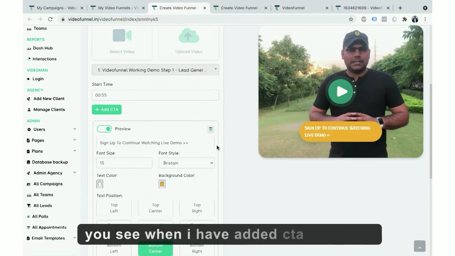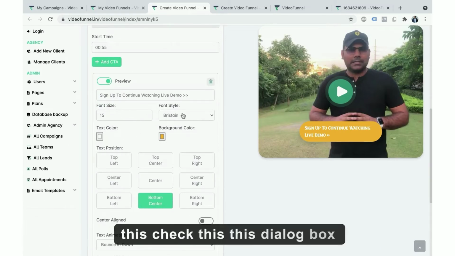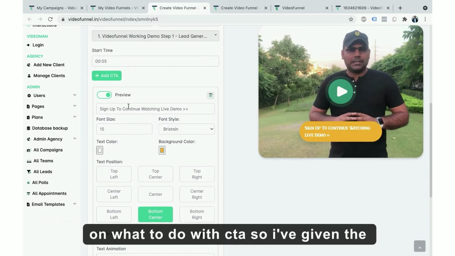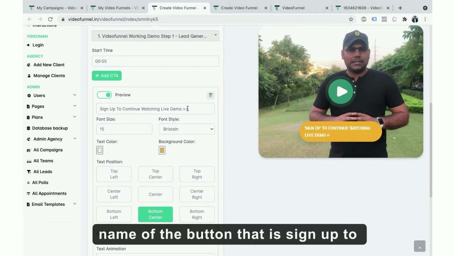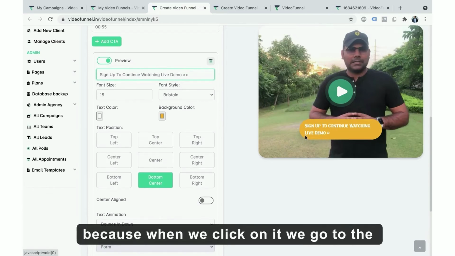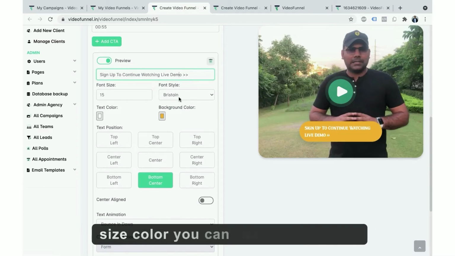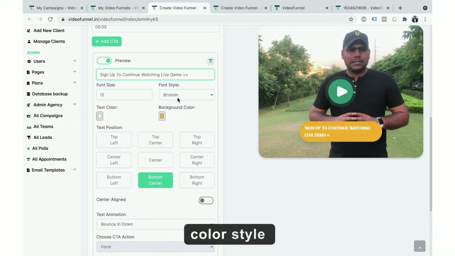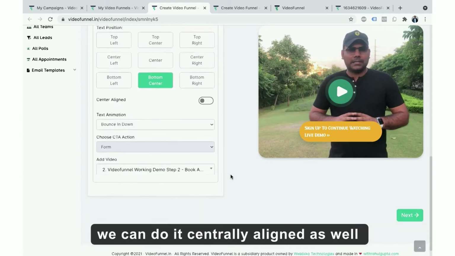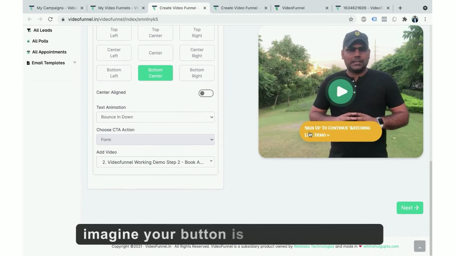And you see when I have added CTA, I have this dialog box appearing on what to do with CTA. So I've given the name of the button, that is sign up to continue watching live demo, okay? Because when we click on it, we go to the second video. Now I can select the font size, color. You can see the color, text color, style, position, bottom center. We can do it centrally aligned as well. Now this is animation bouncing down. So imagine your button is